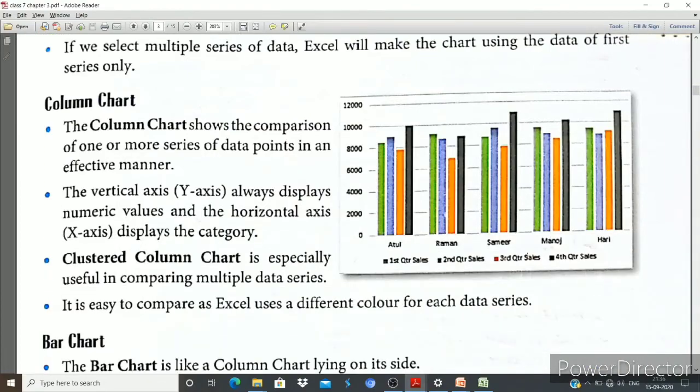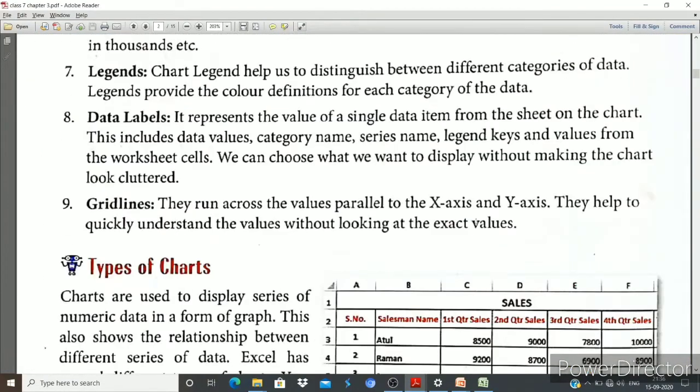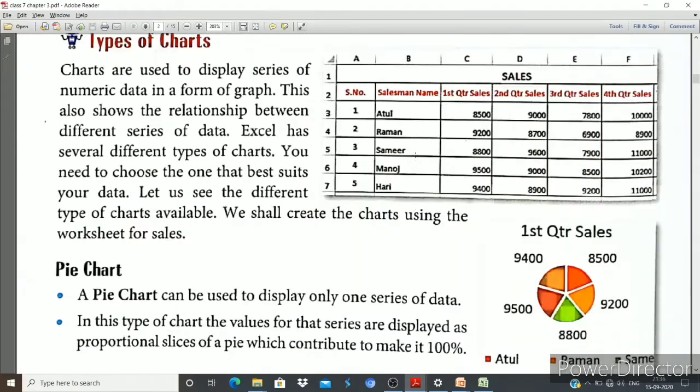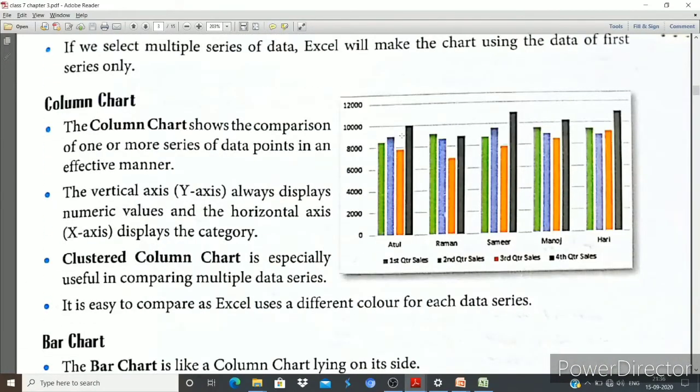Now we will talk about the column chart. Here in this first picture, we had seen that this is the column chart. Now we will talk about how you can define the column chart. A column chart shows the comparison between one or more series of data points in an effective manner.